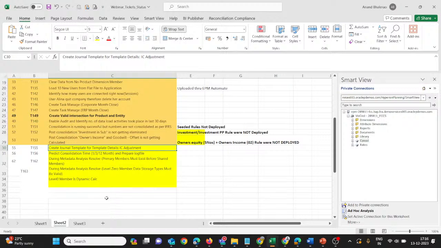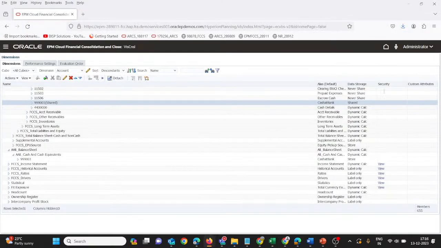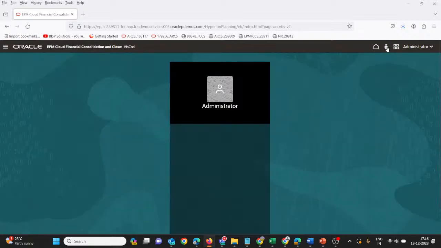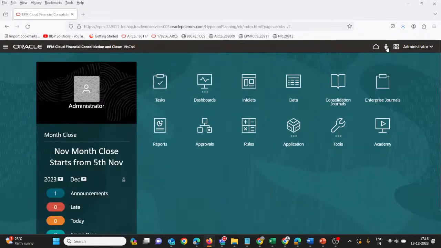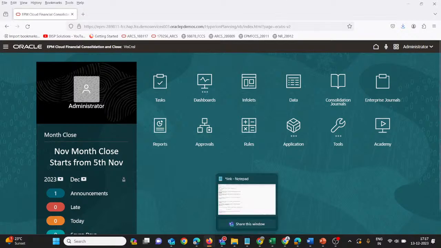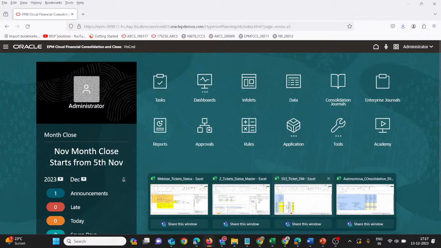Many times it happens that while passing an entry, an amount may be passed to a wrong account, and the intercompany adjustment was not assigned to that particular account. So for this purpose we can create a template for passing such adjustments. So we will first go to our